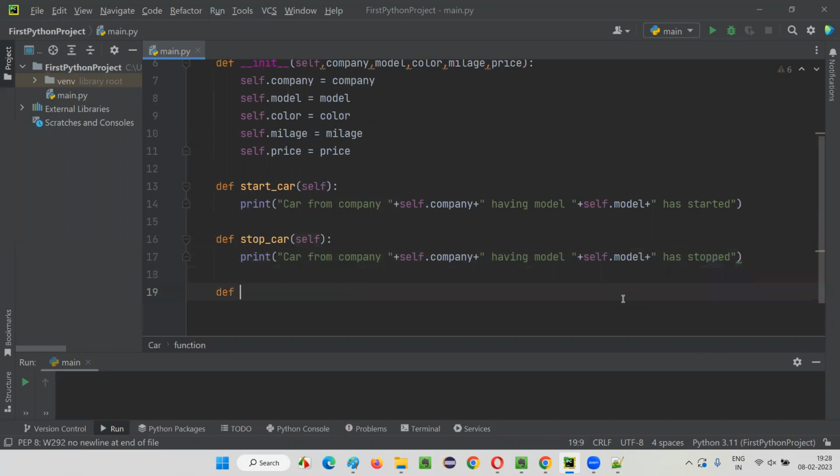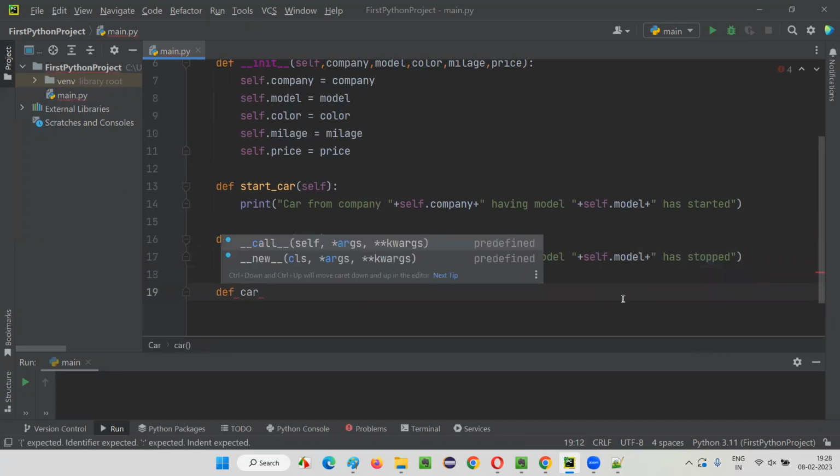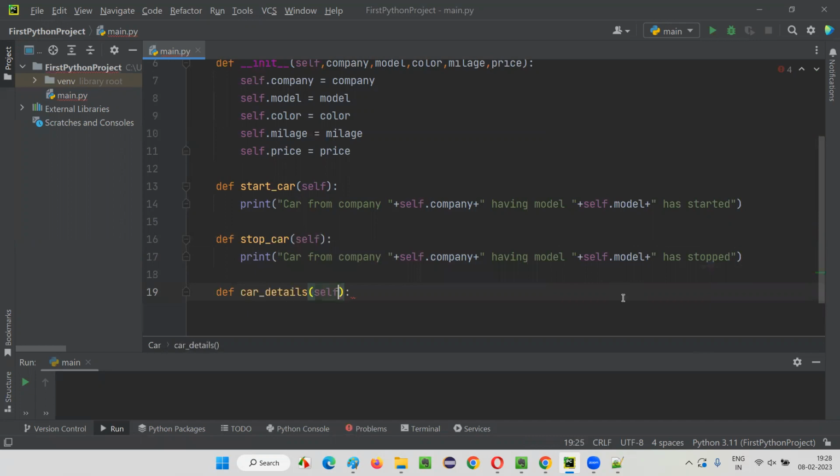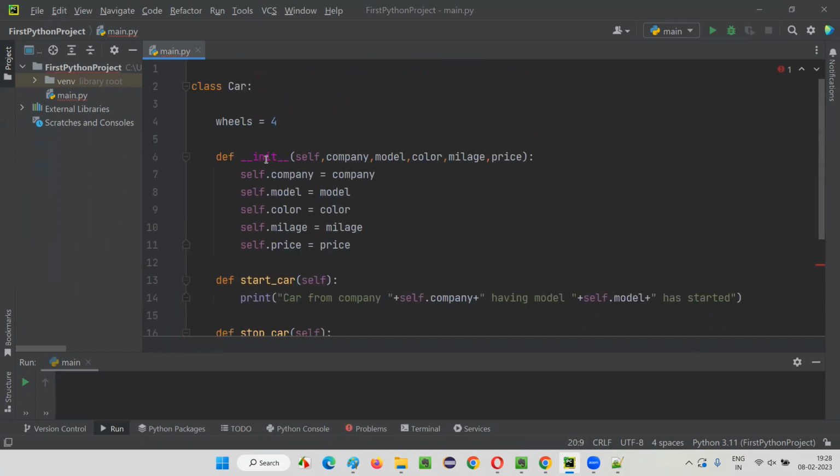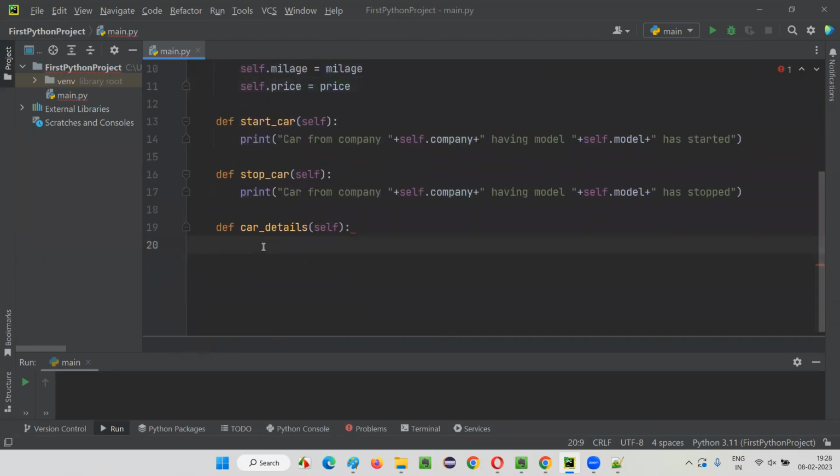I'll create one more last function, that is car_details. Here I'll print all the details of the car. If this particular function is called, then I'll print all the details of this car, that is company, model, color, mileage, and price, etc. So I'll start with the company. Print "company of the car is" plus self.company. Then model of the car. Print